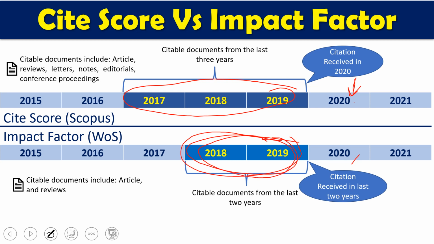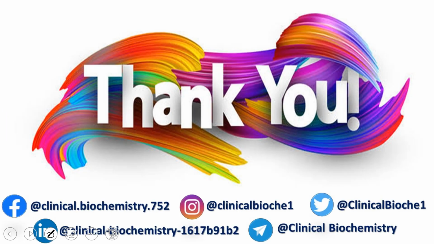So there are a few differences between cite score and impact factor, but roughly these two are almost similar types of parameters. One thing is cite score is not the current data, because it covers the previous 3 years of documents and their citations, whereas in case of impact factor, we just see the previous 2 years. So compared to cite score, impact factor is a little bit more recent data. So this is all the information about cite score and impact factor, how we calculate each, and what the basic differences between these two are.